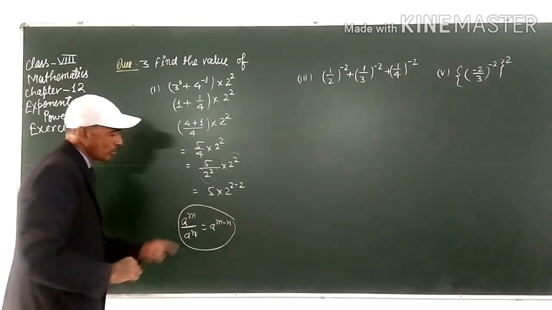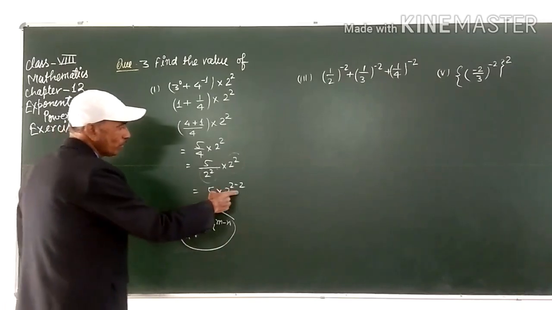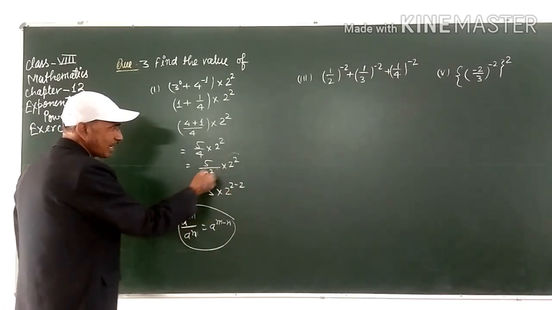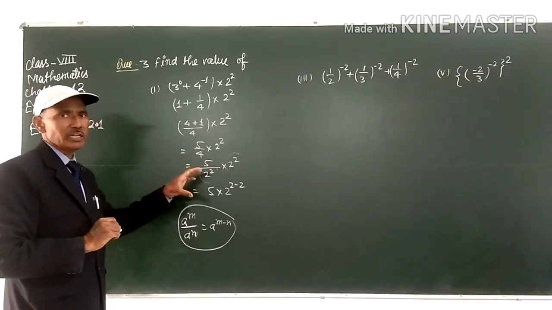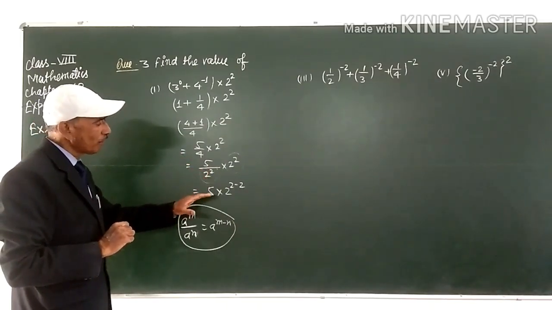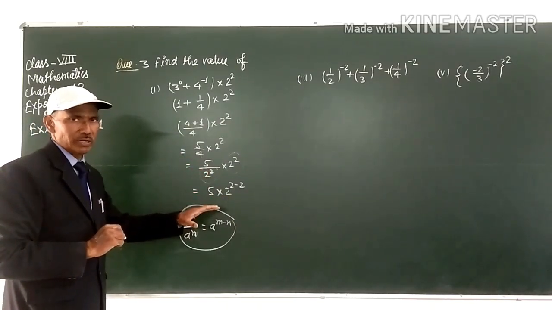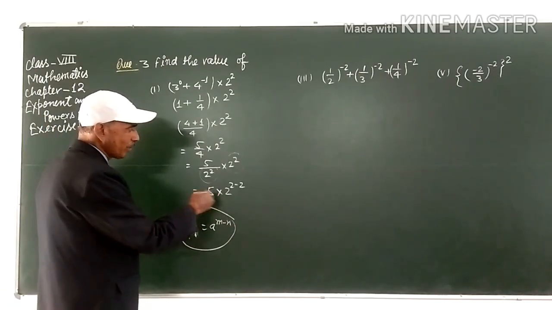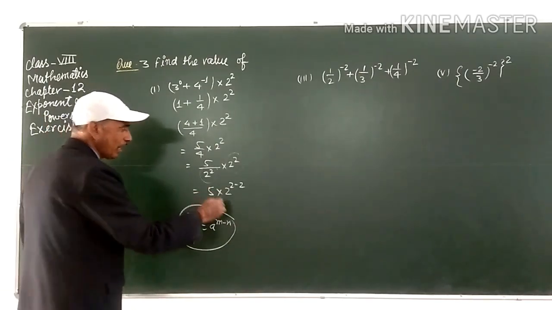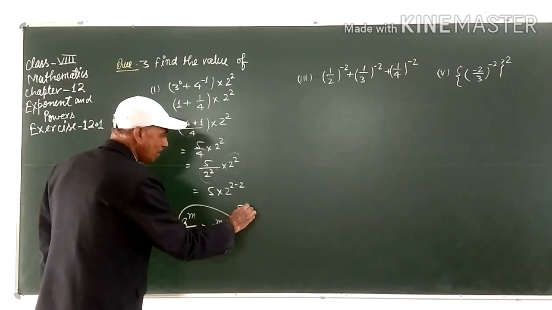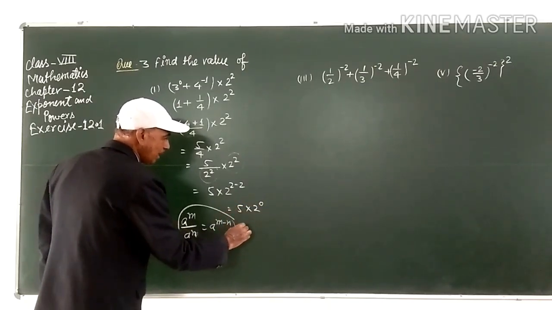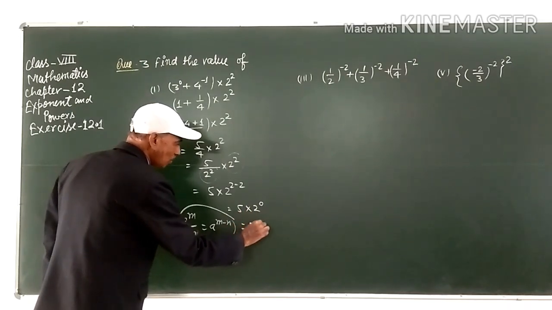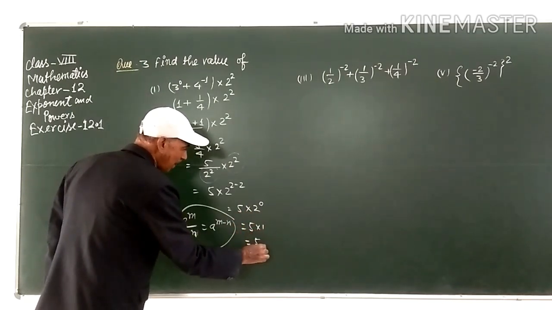This rule, using this rule we have to, students, इसको हम डायरेक्ट यहाँ से काट सकते हैं, लेकिन हम एक्सपोनेंट कर रहे हैं स्टूडेंट्स, so we have to follow the steps of exponent. क्लियर स्टूडेंट्स? तो हम एक्सपोनेंट के स्टेप्स को यहाँ फॉलो करेंगे, and that will be 5 into 2 to the power 0, and it will be 5 into 1, that is 5.